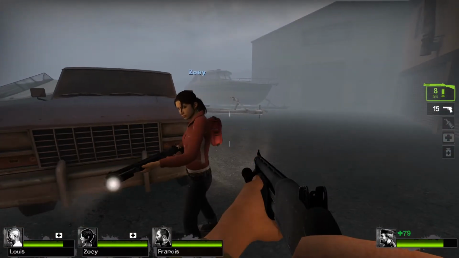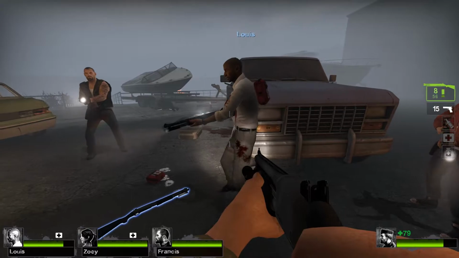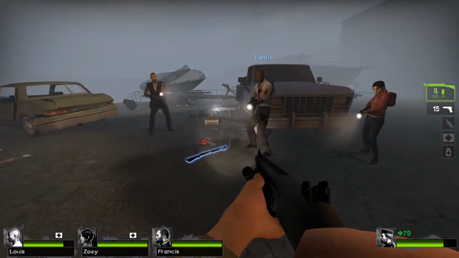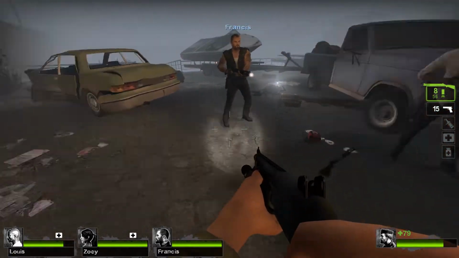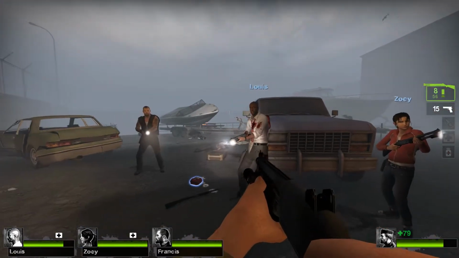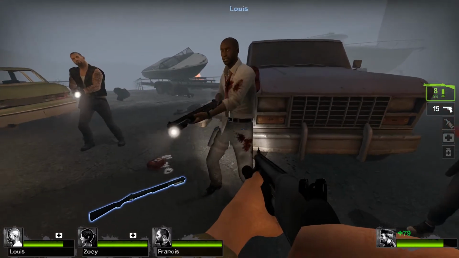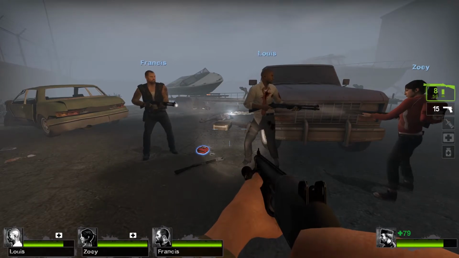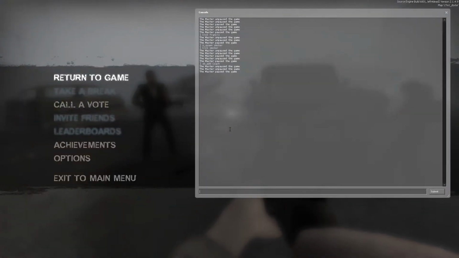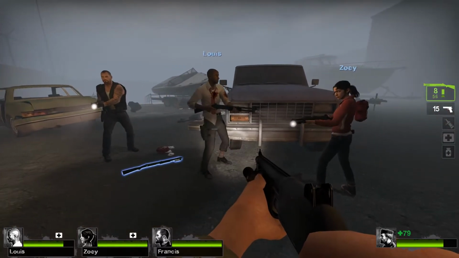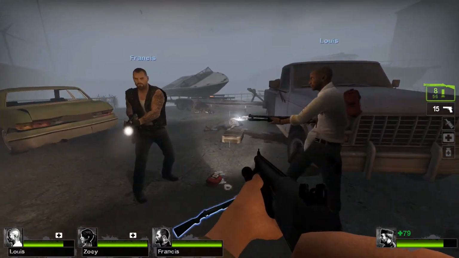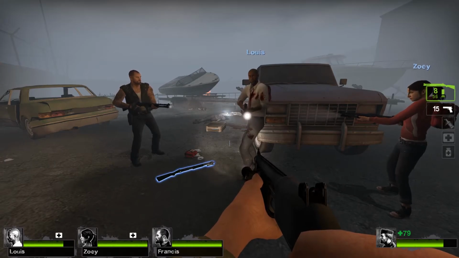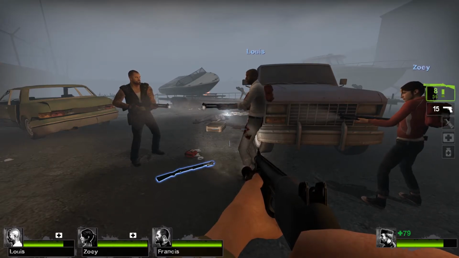Rochelle would be Zoe. And Nick would be Bill. And Lewis would be Ellis. I think. Actually, wait, Francis is Ellis. Well, anyway, you get the idea. I forget. I don't do that a whole lot, so I forget how exactly they equate. But anyway, you can add them back like that. Usually they'll be dead. Francis is actually alive, which is weird, but either way,